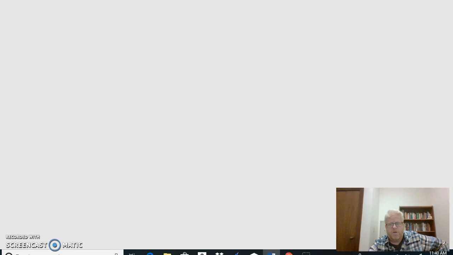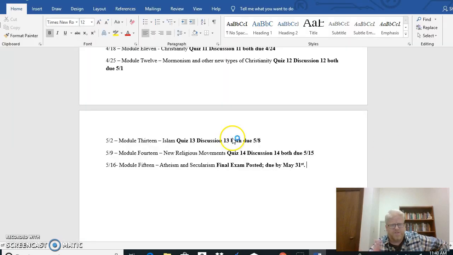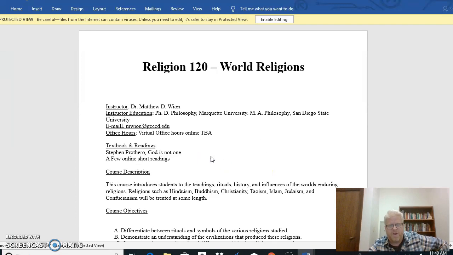The schedule on your syllabus, you can see it was there a second ago. All right. It mentions when our quizzes are assigned and when they're due. It's all the religions we're going to go over in the different modules. It gives you the requirements and how grades are broken down. I want to scroll up, but it's going kind of slow on me. And oh, there we go. So there you are, all my contact information. There will be some virtual office hours, and I'll tell you when those are going to be. I will post those soon, probably by next week.